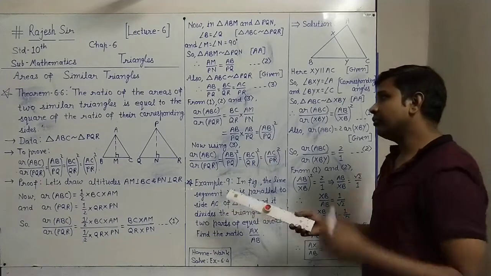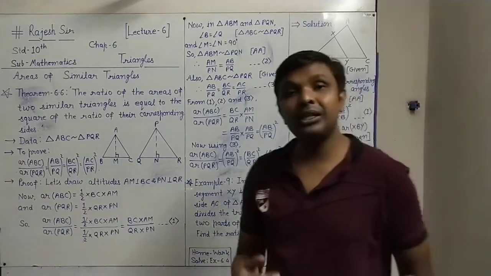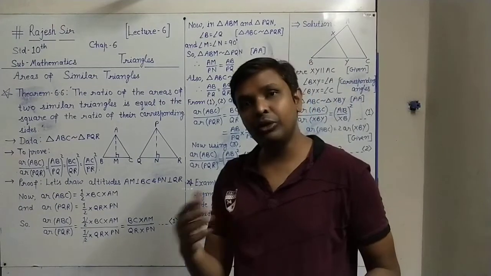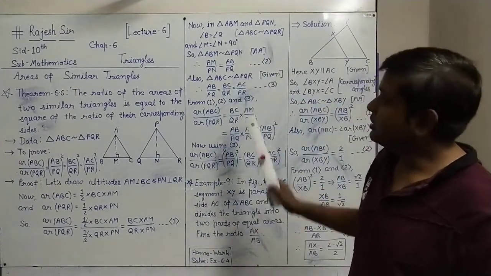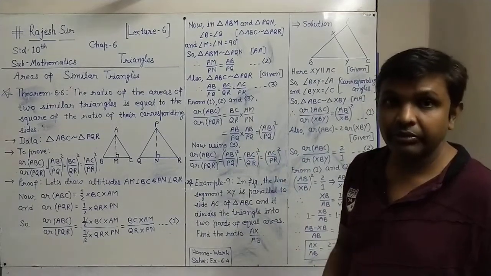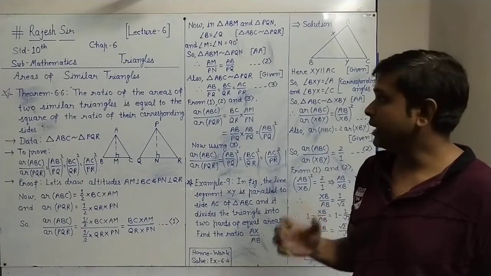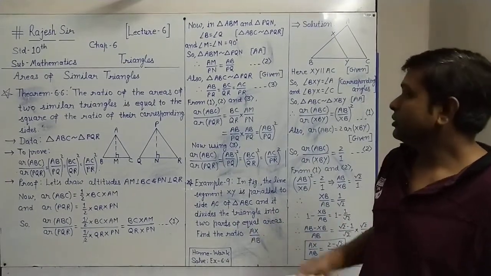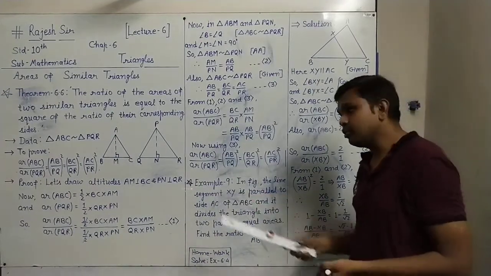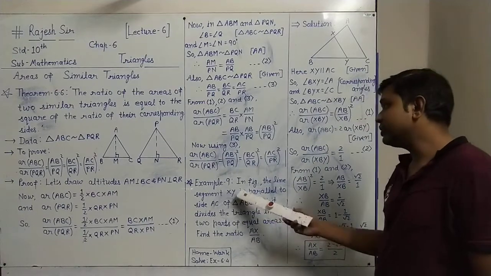So for exam point of view only 3-4 theorems are there and one theorem is compulsorily asked in the exam because the exam format is like that. So you have to write this theorem very carefully, learn it very well, write it down 2-3 times and practice to write it in 3-4 minutes only. So this is the very important theorem we have proved, and based on this, the next example, number 9, we will see.